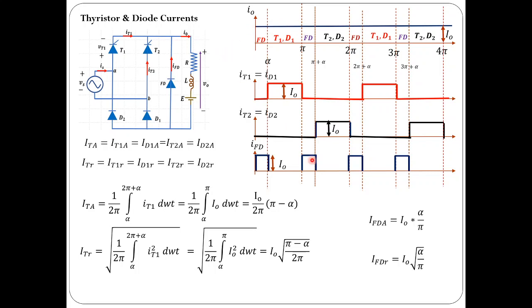Now coming to diode currents, diode currents also you can find out for the overall period. From 0 to 2 pi, you can see it is going to conduct for alpha period and alpha period, so total 2 alpha. From that you can compute the average value, that is equal to I naught into alpha by pi, assuming load current is ripple free. And diode RMS current is I naught into square root of alpha by pi. So use similar kind of formulas. Please do your own derivation. You should arrive at these particular formulas for average and RMS currents of the freewheeling diode.